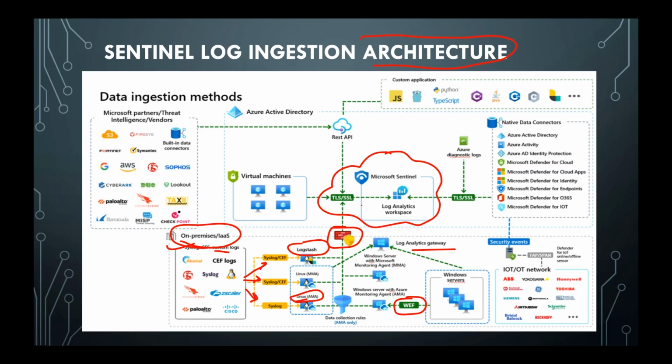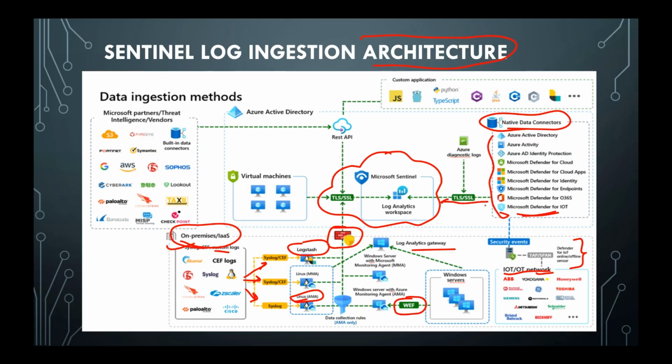So this is how we can transfer on-prem data to Microsoft Sentinel, and also the IoT data you can send using Defender for IoT sensors. So you can deploy the sensors on these appliances, and then you can collect the logs directly from the IoT connector. So these are native data connectors. You can just go and enable the connectors in Sentinel, and it will directly start sending logs to